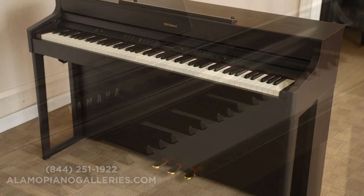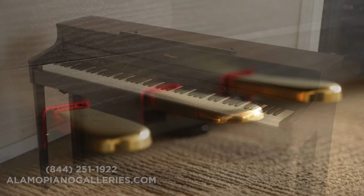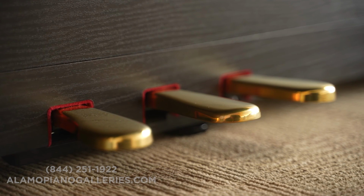Again, I am partial to the Roland only because I absolutely love the way it feels when you press on a sustain pedal and you just play and it's just open like a harp. I've never really had a digital piano that gave that kind of wonderful experience. You're almost just like, wow, this is just like a great piano. And the only other reason why I lean toward the Roland in this price category is just real simple, the